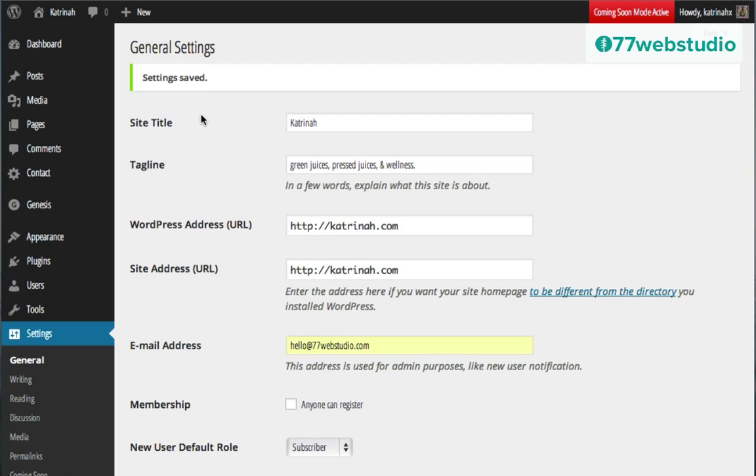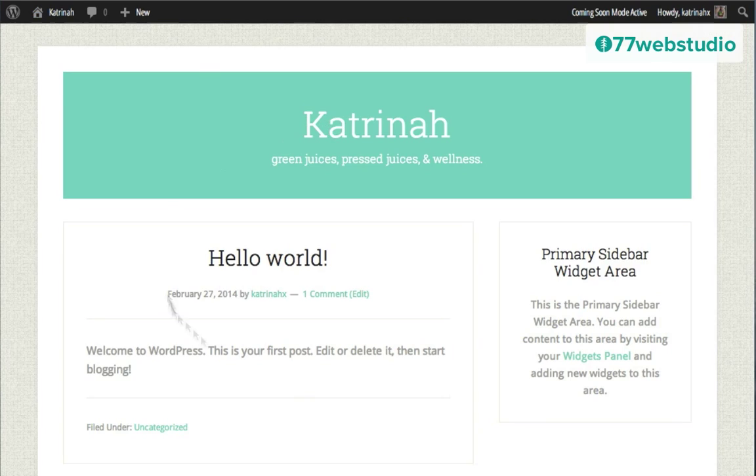Once the settings have been saved, now we can check out the site by going up to the toolbar, hovering over the website name, and clicking on Visit Site. And here we are on our home page. So we see at the top we have the title and the tagline. We still need to add the menu items and fill out all the content on the website, as well as change some styling elements on the site to give it a different look. So let's start by adding some posts to our WordPress website.